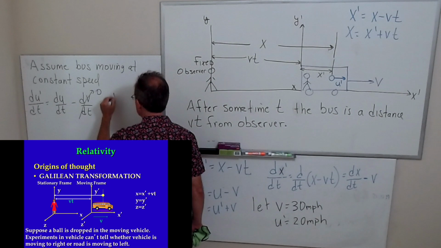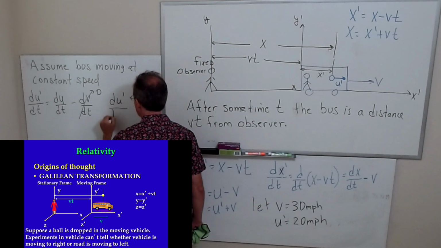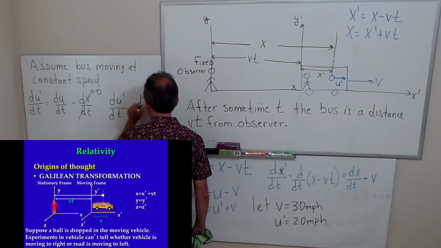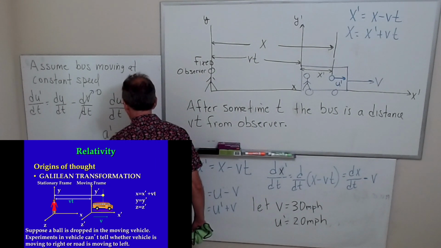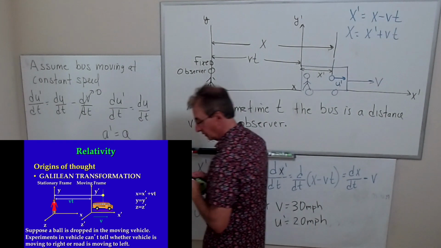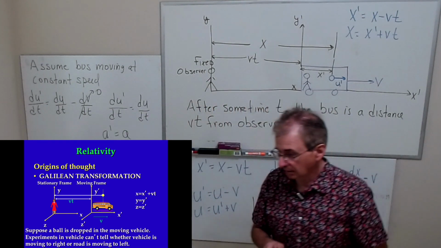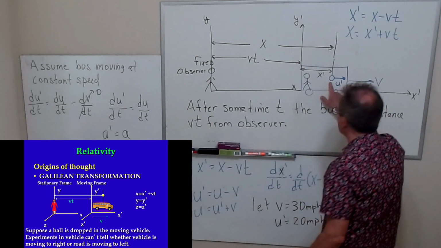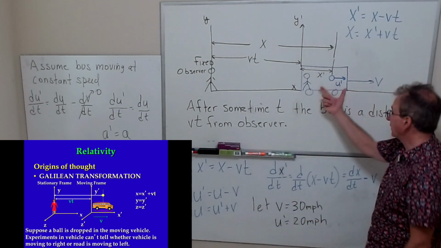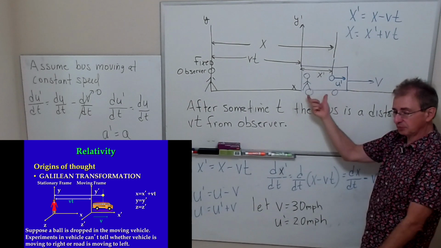And so that tells me du prime over dt. So that means that the acceleration, if this ball were accelerating and this bus was moving at a constant speed,